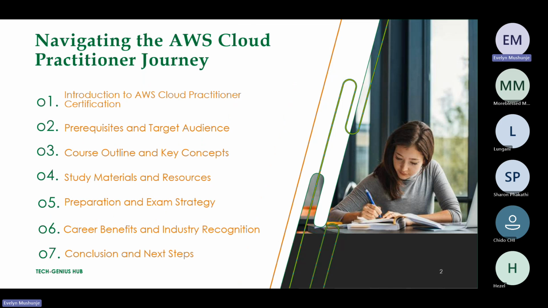So we are going to start with the introduction, then we go to the target audience, like who can start the certification. We're going to the course outline, study materials, where are we going to get the resources, then the preparation of examination, how are we going to prepare for the examination, and the career benefits. How are we going to benefit from this certification when you are on the job market? Why is it important to have it? Okay,